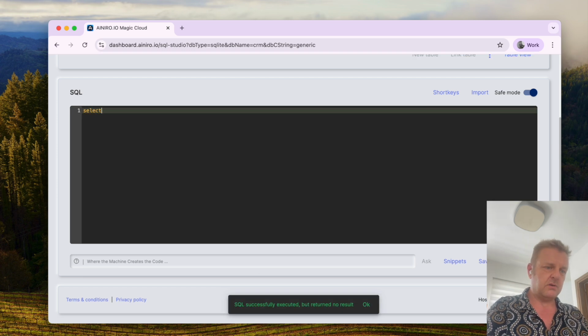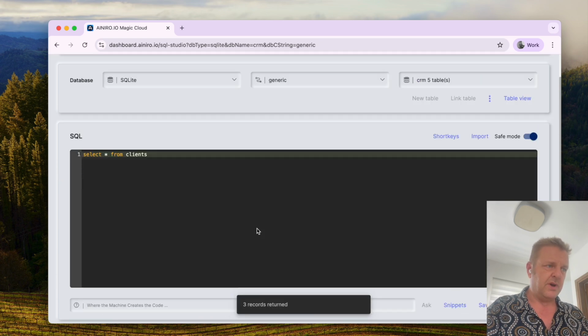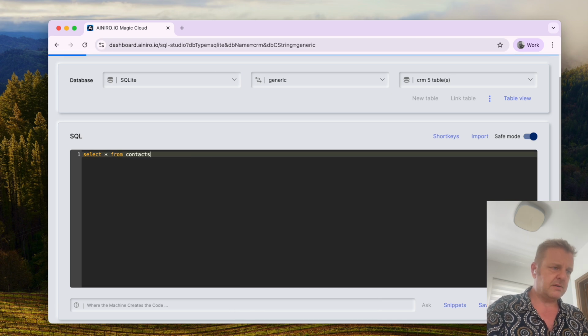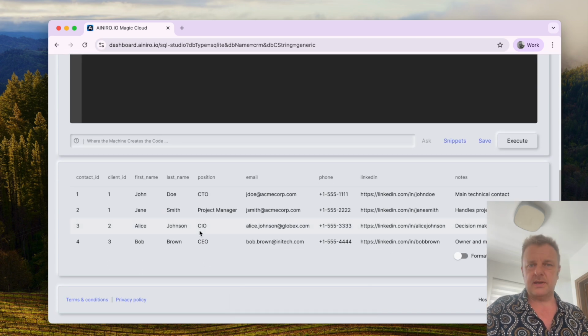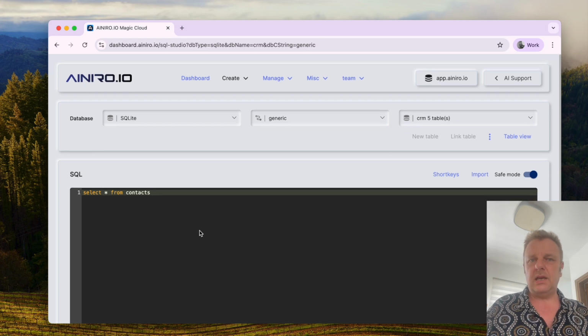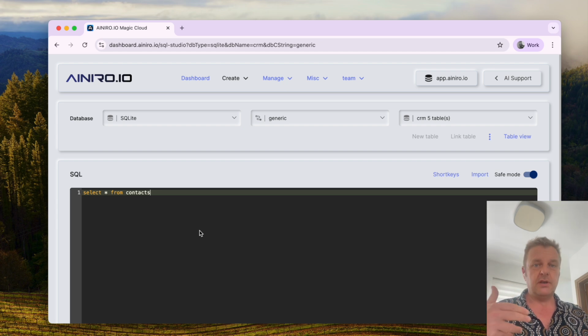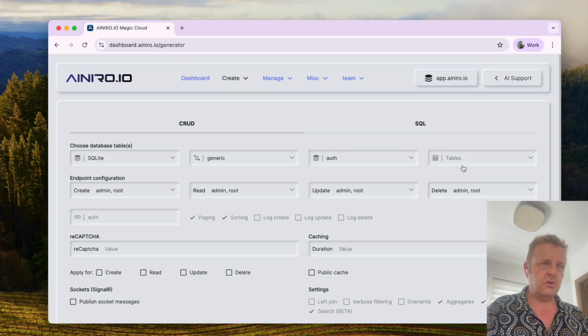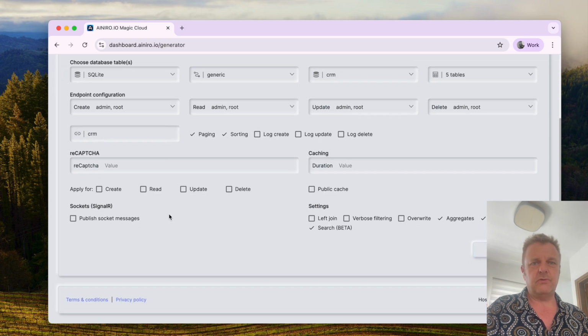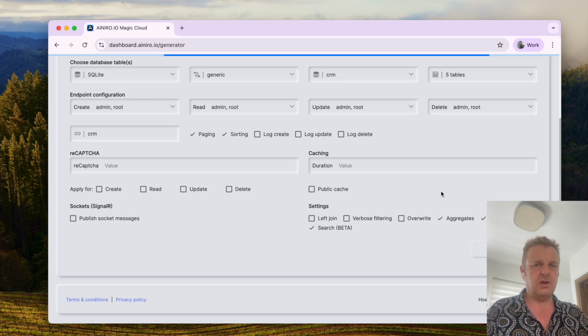If I now do select all from, let's see, clients, see we have 3 records. Do another one, contacts, we have 4 records, etc. So now I have a database, I have example data. What I now need is an API or functions that can interact with my database. Go to create, I go to CRUD generator, I choose my database here, CRM, and here I can configure all sorts of different properties. I'm not going to do it, I'm just going to generate as is, at which point in some 10 seconds